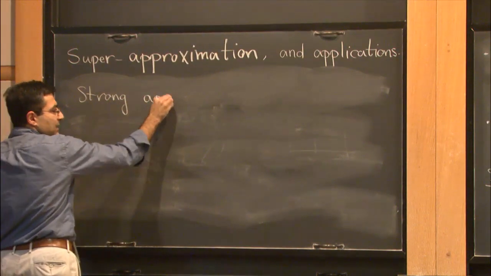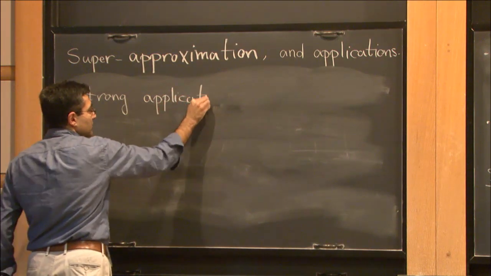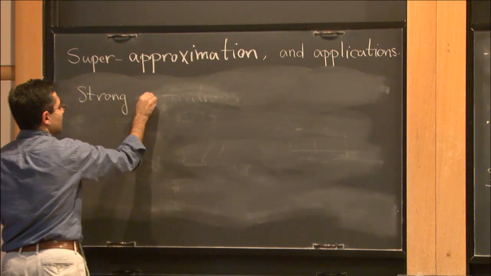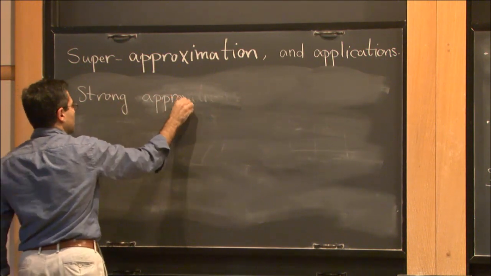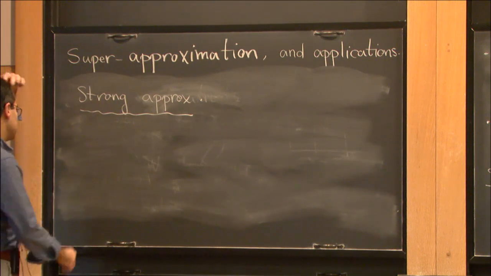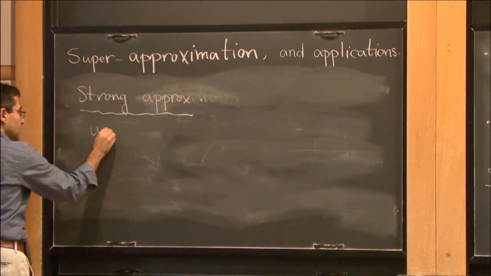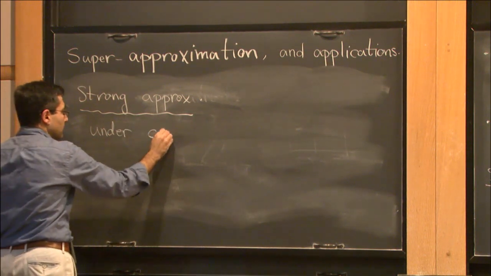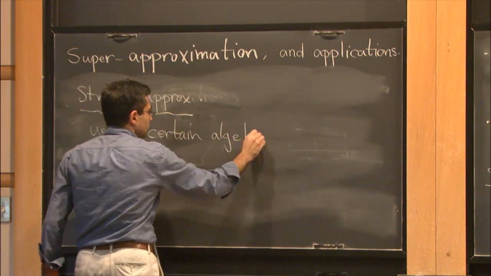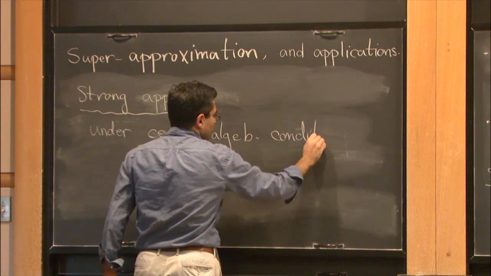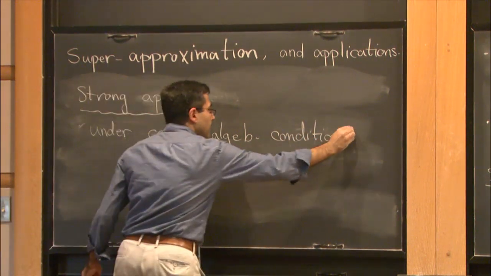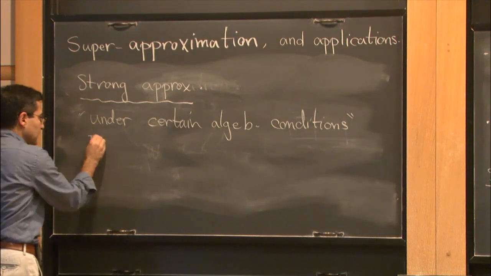I'm not going to write down the technical conditions because that's not important for us at the moment. Strong approximation. The philosophy is more important. So strong approximation says that under certain algebraic conditions, the closure, so if I start with gamma,